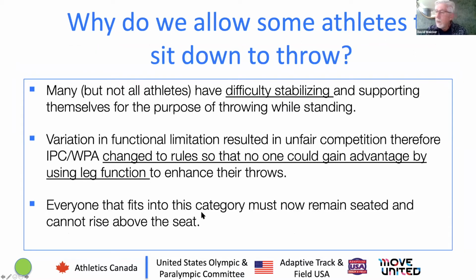So why do some of the athletes have to throw in a seated position? Well, it's essentially because many, but not all athletes have difficulty stabilizing and supporting themselves for the purpose of throwing while standing. And as a result, they have to throw from a seated position. And there can be very different reasons for this. The second reason why we allow some athletes to sit to throw is that there's a variation in functional limitation